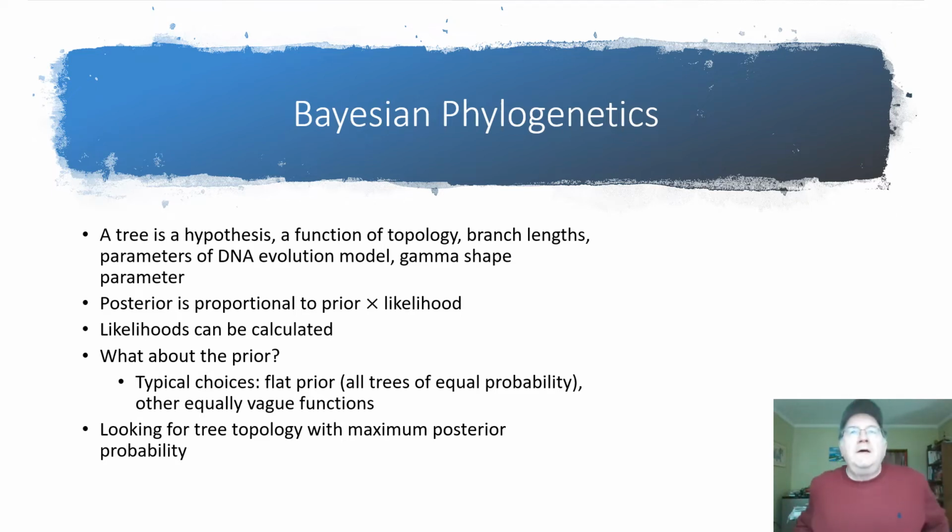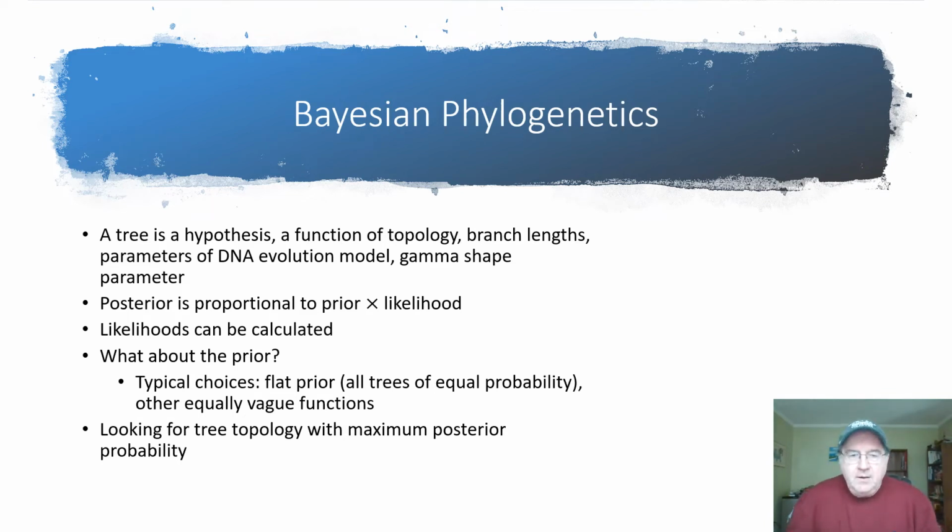So, we're trying to evaluate the goodness, if you will, of a hypothesis. And we want the best hypothesis, given the data that we observe. In the case of phylogenetics, in reconstructing relationships among organisms, the tree itself is our hypothesis. And this is not a simple hypothesis, like did it come from population A or population B. A tree as a hypothesis is a function of lots of subsidiary hypotheses, including the topology, that is the interconnections